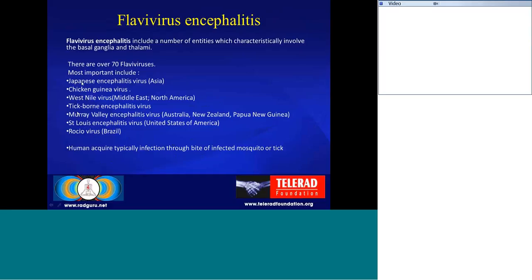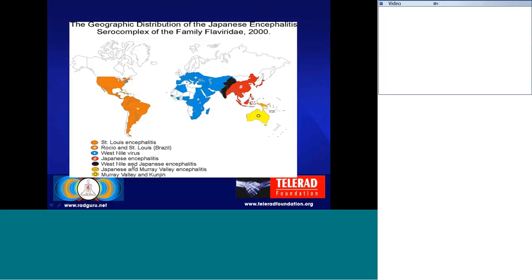infected mosquito or tick. So the most important of all is the Japanese encephalitis virus, which is in Asia, chikungunya virus. The West Nile virus is also in the Middle East, North America. The tick-borne encephalitis virus, Murray Valley encephalitis virus is most common in Australia, New Zealand, and in the United States of America, the St. Louis encephalitis virus, the Rocio virus in Brazil. So these are the geographical distribution of